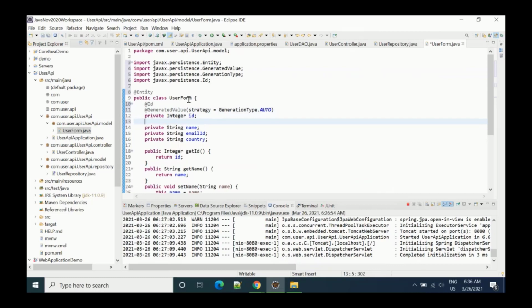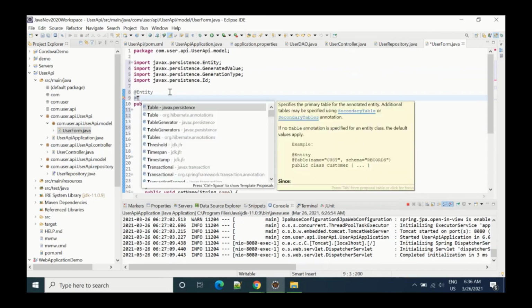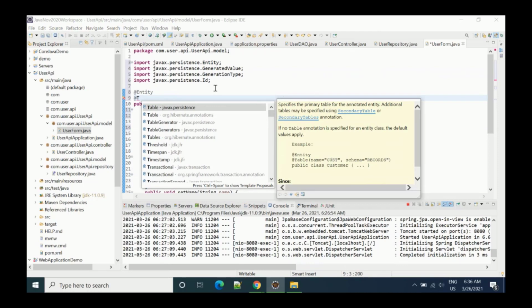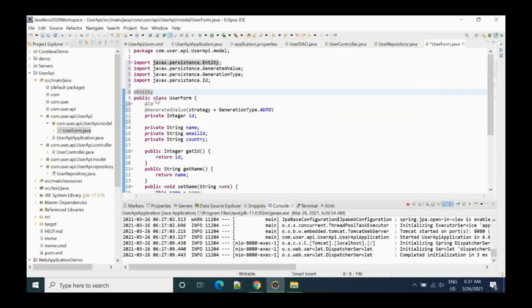That means right now what I'm telling the compiler is that once you run the application, just create one table named user form. If you want to change the name, you can also do that. You can write here @Table and then provide the name. Then it will use that name for that particular table. But right now I don't want to do that. So we have these things and we are saying this ID will be auto generated.